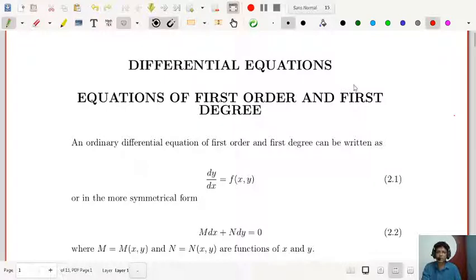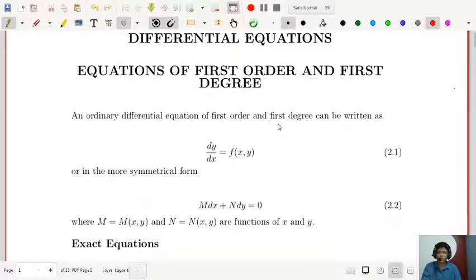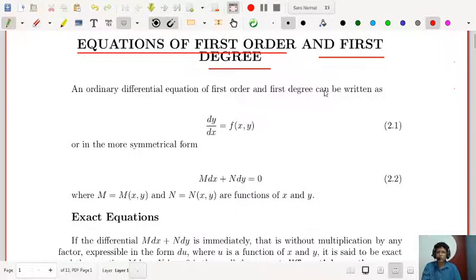This is the second lecture of differential equations, and today I'll be focusing on first order and first degree equations. We'll start our journey from equations of first order and first degree. Look very carefully that you are starting your journey from first order and first degree. An ordinary differential equation of first order and first degree can be written, in its simplest form, as